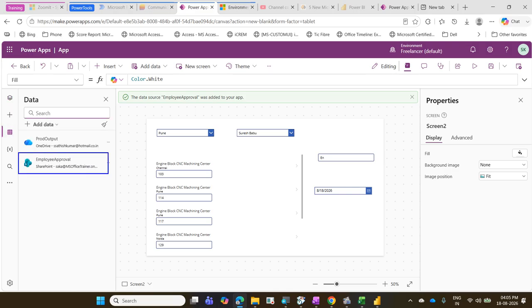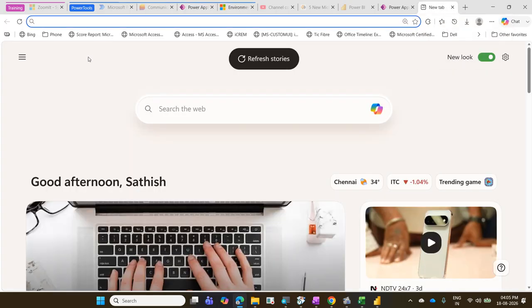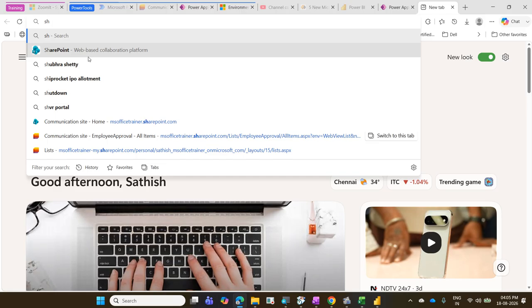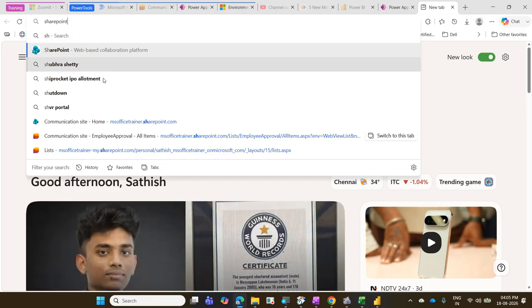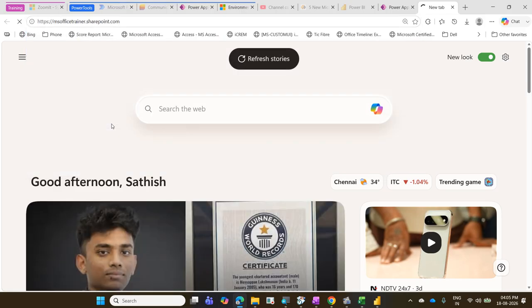Maybe your company name, you should be having a SharePoint, correct? What is your SharePoint link? Any idea? I don't know what is your SharePoint. Maybe your company name.sharepoint.com. If you go to that SharePoint,